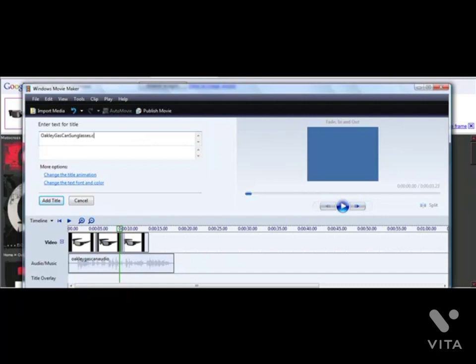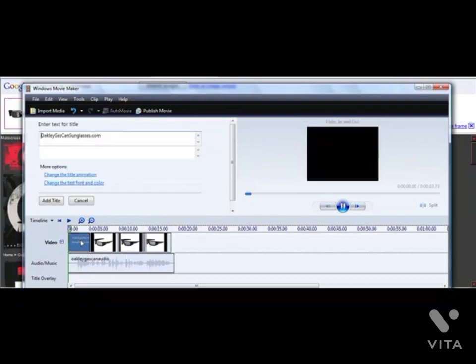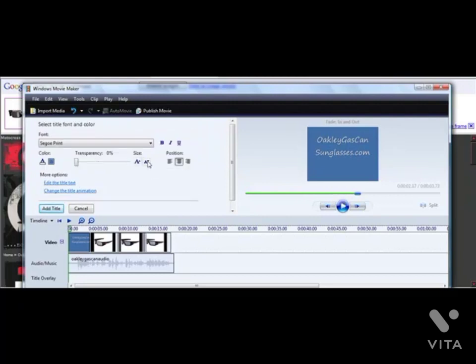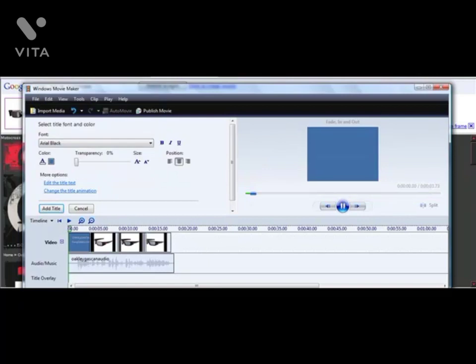And then click on add title. Now you can come right over here to the title and double click on it, and you could actually change the text font if you wanted to. Like if you want to make the font smaller so it actually shows up a little bit better, you could do that. And if you want to change what the font looks like, let's say you want to change it to something more natural, like maybe Arial Black for example, and you want to edit the background,